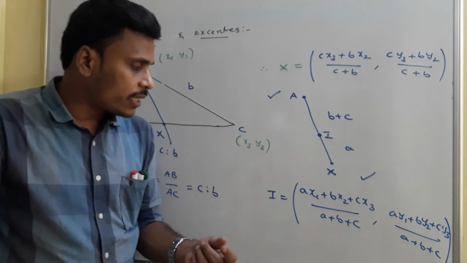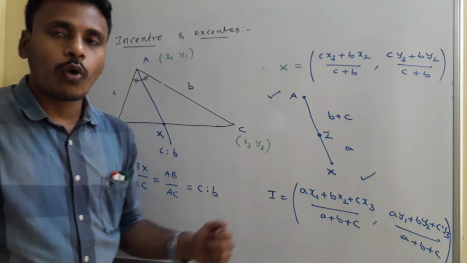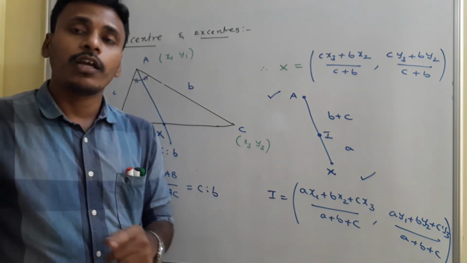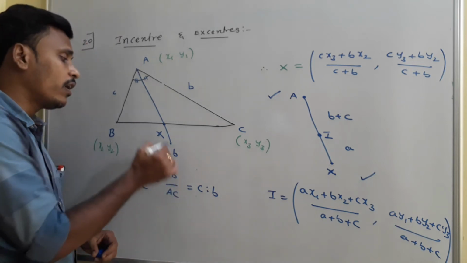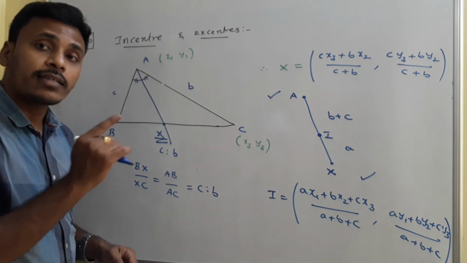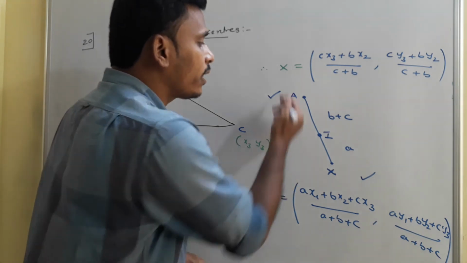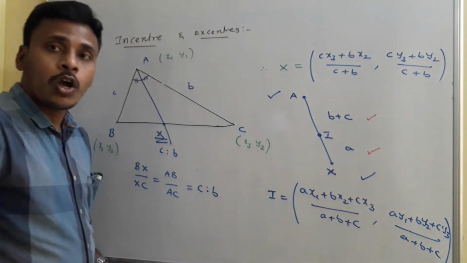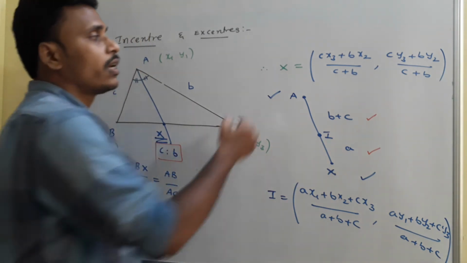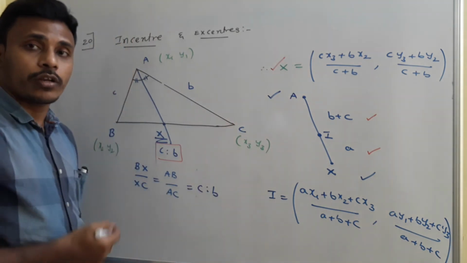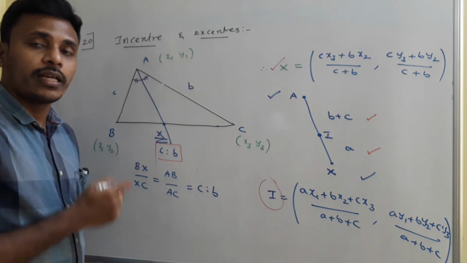Actually, memorizing this formula is enough to identify the coordinates of the incenter. But we will face different types of problems. Sometimes the questions ask you to find the coordinates of X, and sometimes they ask you to find the ratio in which the incenter is dividing AX. So this ratio is required to memorize. The way of finding X is also required, whereas the formula for the incenter is also required. Okay, just have a look. This is about the incenter.